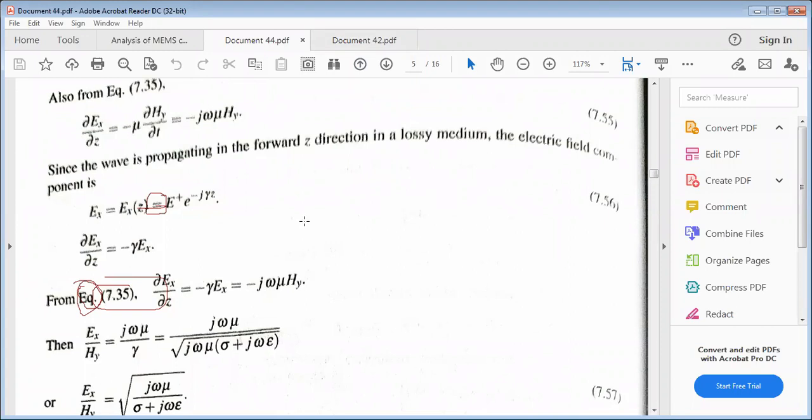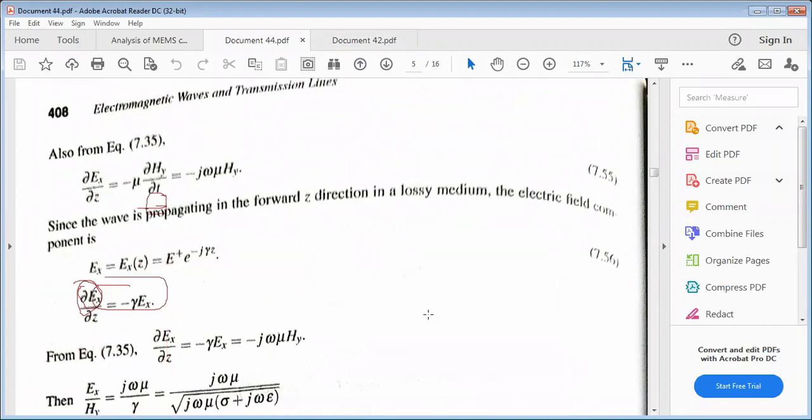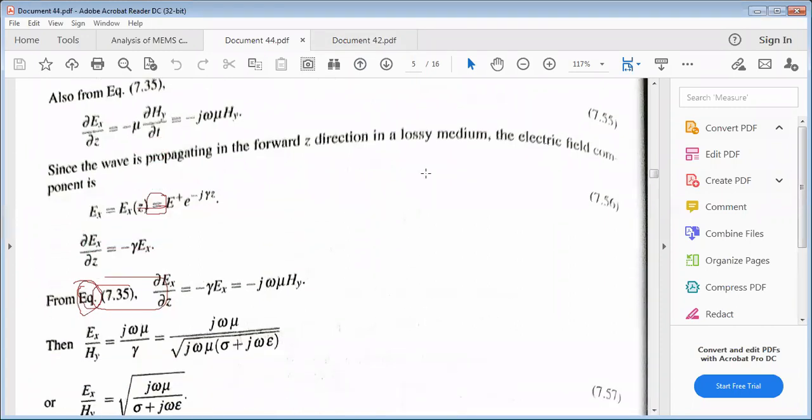This is the derivation from the uniform plane wave. And since the wave is propagating in the forward z direction